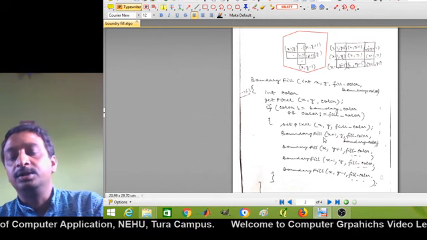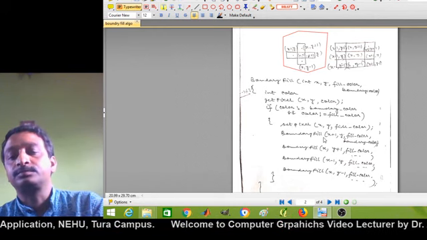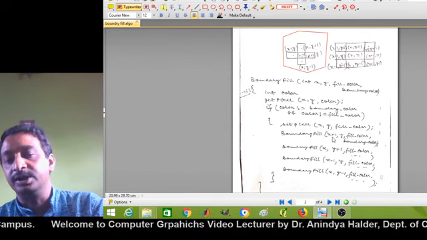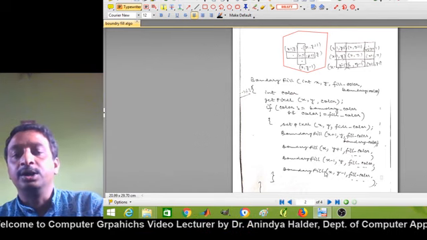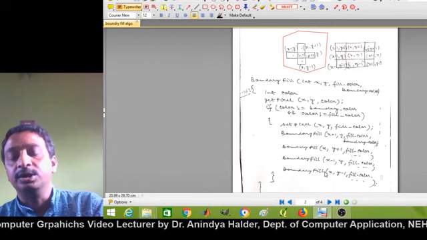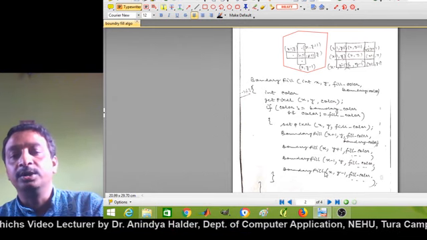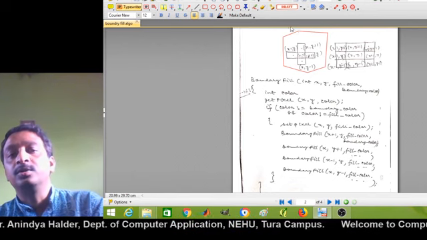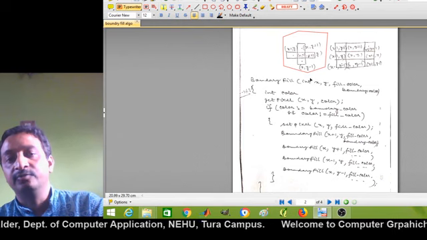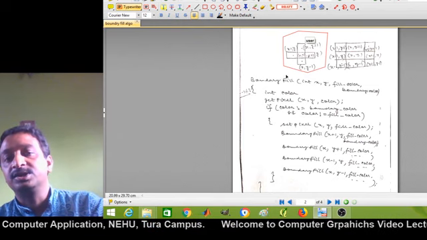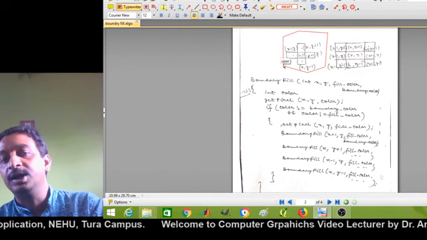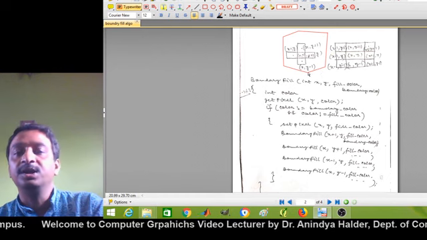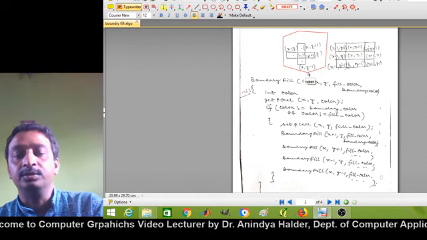In that case, the algorithm requires several stack operations to hold this recursive calling, and therefore it becomes computationally costly both in terms of memory requirement and time requirement. The second limitation is that it works well for a homogeneous color boundary, when the region has a single color boundary, but when the region has a multiple color boundary, then this algorithm will not work.